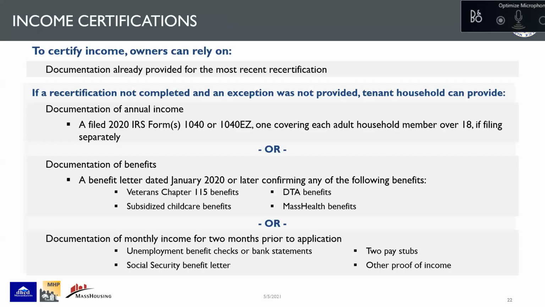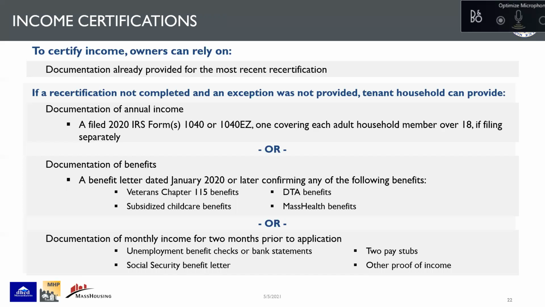So for an owner to certify income, they can rely on documentation already provided for 2020 or 2021 if the property is otherwise conducting income recertifications as part of their subsidy program. If a recertification has not been completed, the tenant can provide any one of the following documents. So this includes documentation of annual income, a filed 2020 IRS Form 1040 or 1040-EZ, one covering each adult household member over 18, if they're filing separately. The household can also